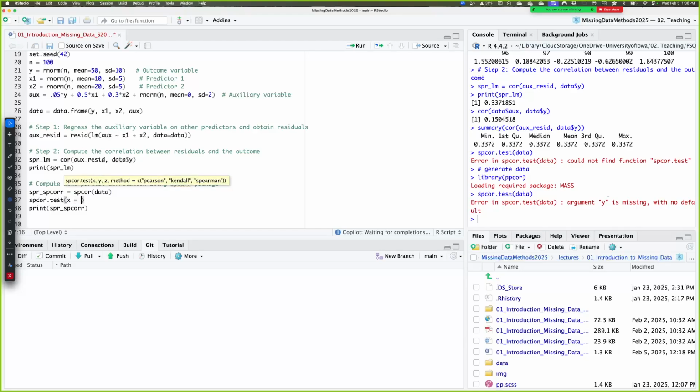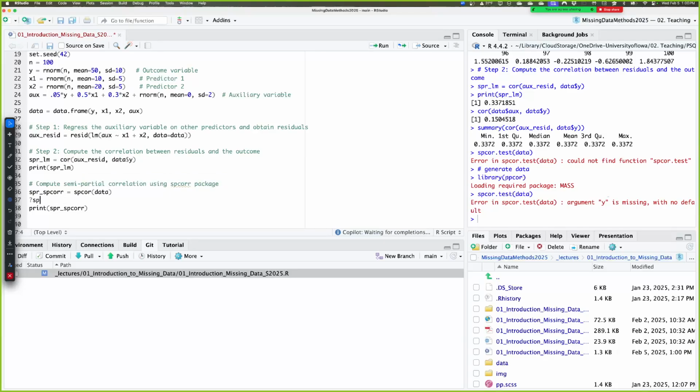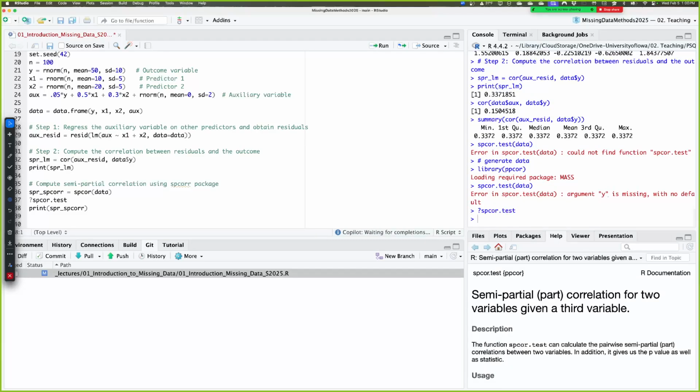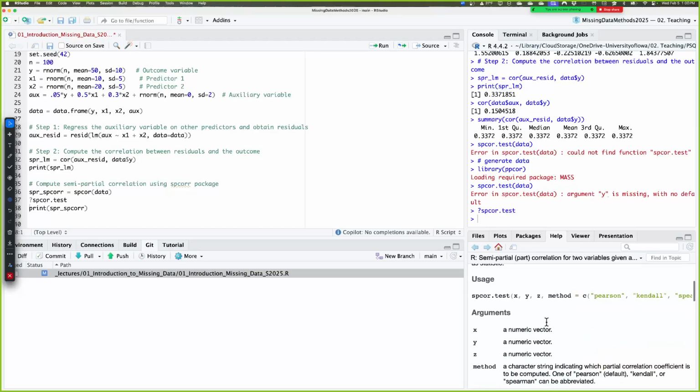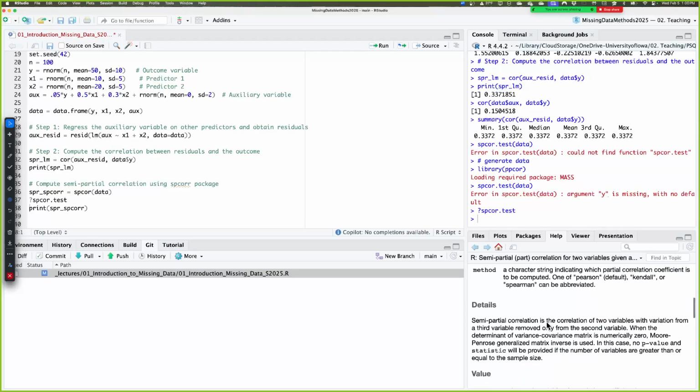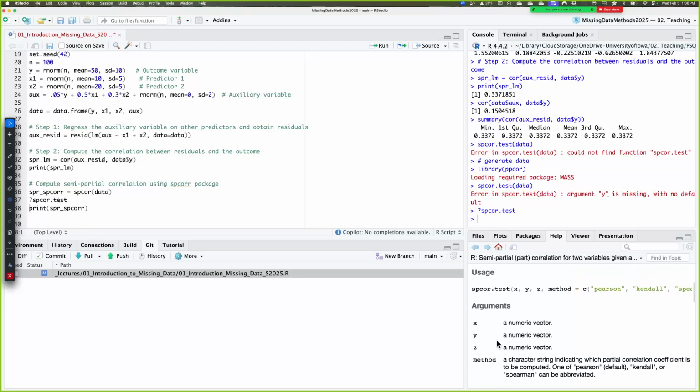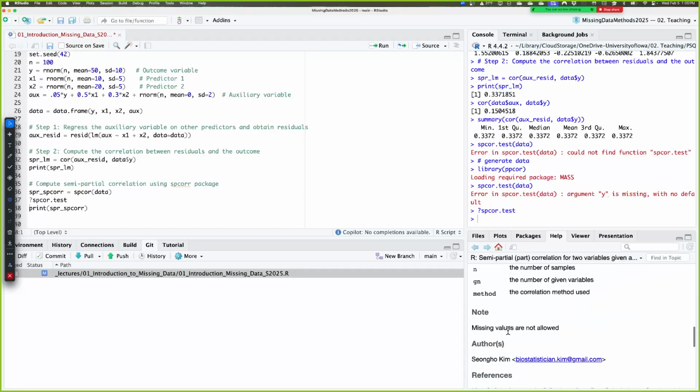X equals, actually, yes, that should give you, let's take a look. Calculate. Okay, so it will give you your semi-partial correlation. It also gives you a p-value as well as a statistic. And so here, I think you just specify the X and specify the Y, which would be good